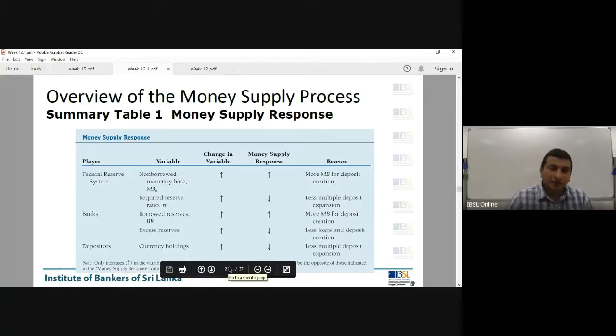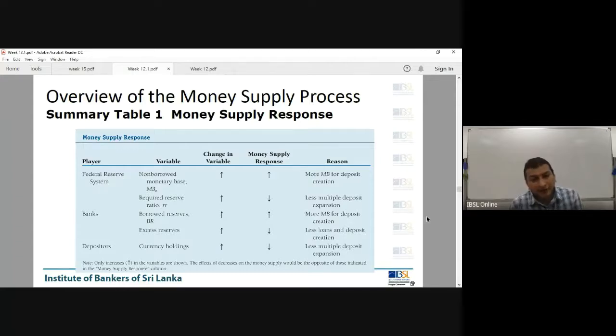And what you are simply seeing here is a much clearer presentation of the variables that you looked at, but you define here in the form of 3 participants in the money supply process. You see the central bank, you see the financial intermediaries, the banks, and depositors. Under the central bank's control, you have variables which are non-borrowed reserves and the reserve ratio. These are the ones the central bank